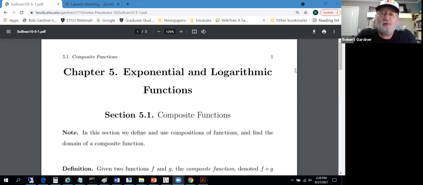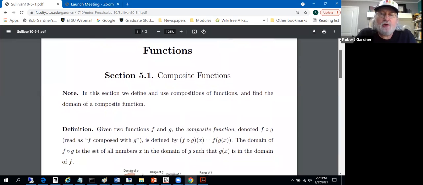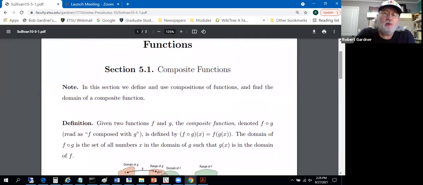Alrighty, on to chapter 5, exponential and logarithmic functions. We'll start with a brief section on composite functions, or compositions of functions. Basically, what a composition of functions is, you put one function inside another one, the result being called a composite